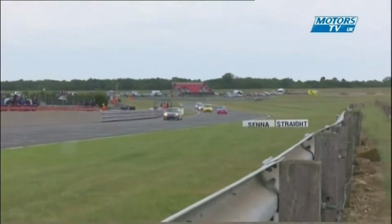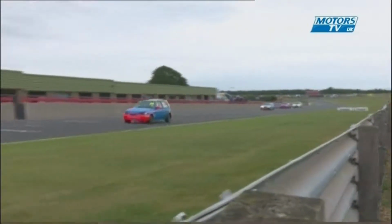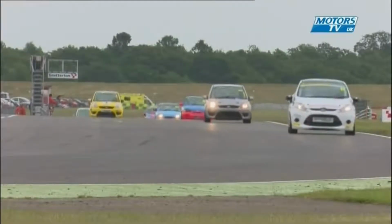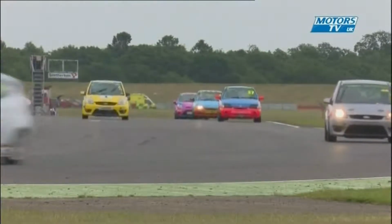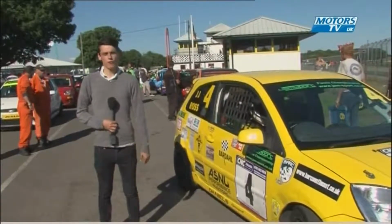So Lee Dendy Sadler goes across the line, and James Stiles is going to get another lap, and it's the checkered flag for JJ Ross, who takes his second win on the bounce. A few moments away from the start of our second Jam Sport Fiesta Championship race here